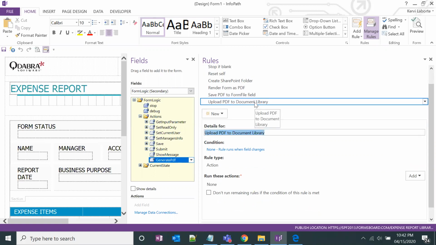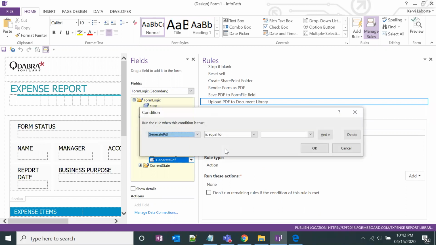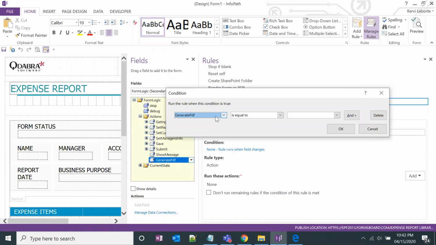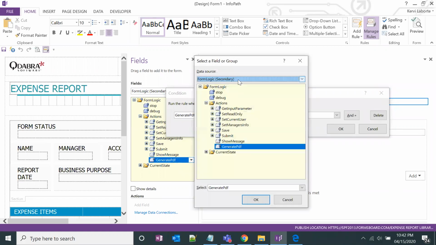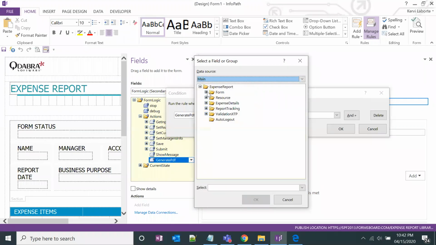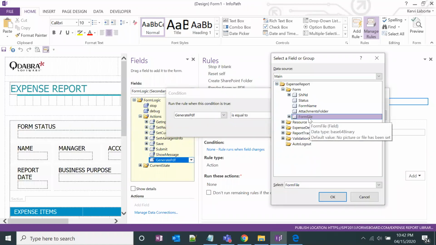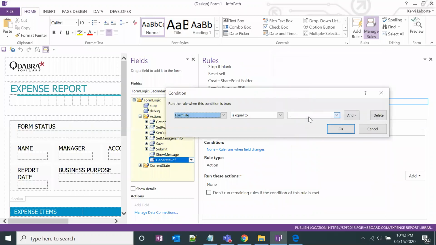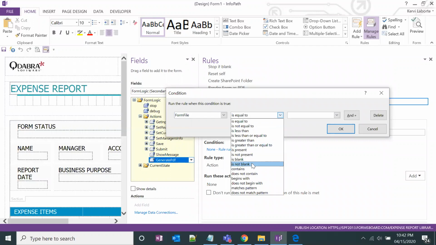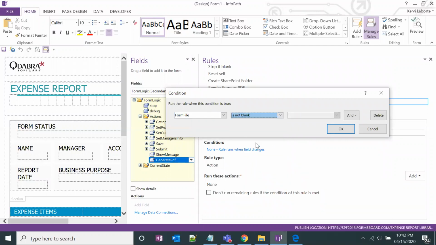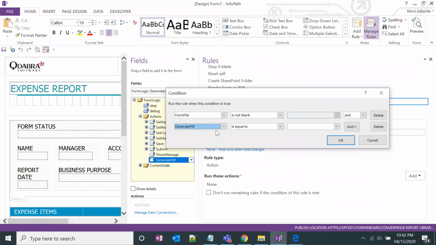So in this rule, we're going to add a condition. Let's click this link here and add a condition: if form file is not blank. The form file is in the main data source. As you remember, the form file is where we store the PDF file. So if the form file is not blank, meaning there's a PDF file attached in the form, and another condition,